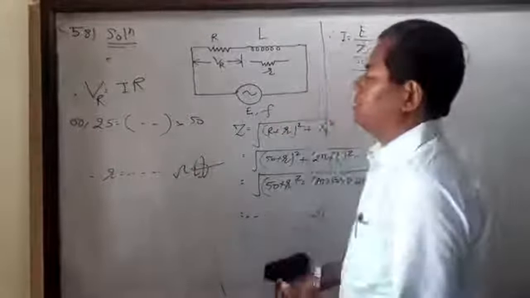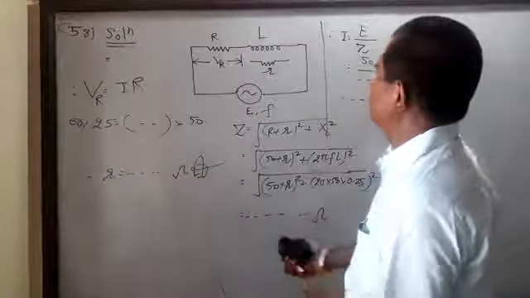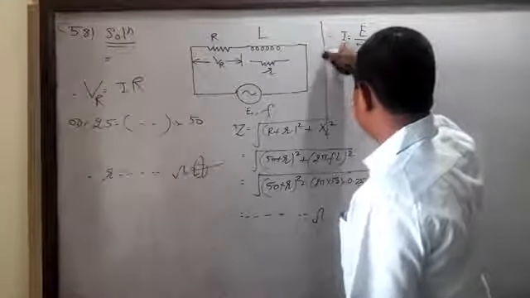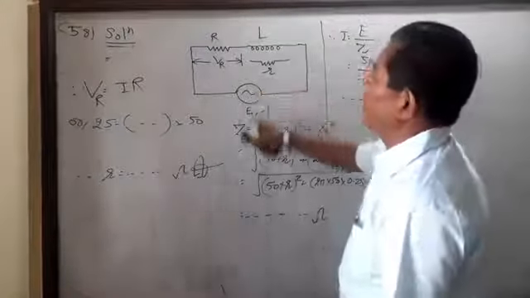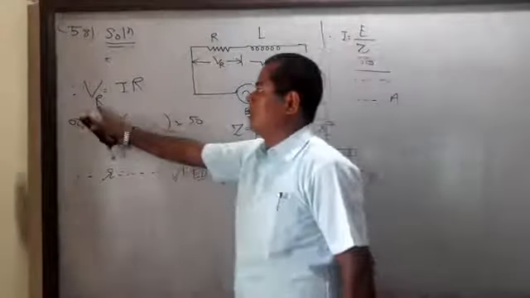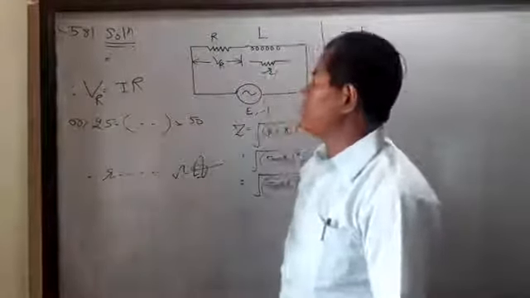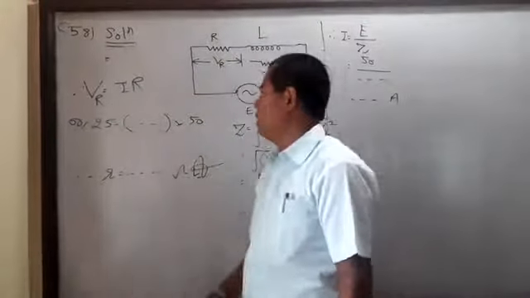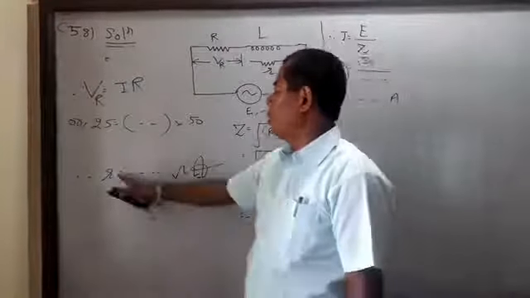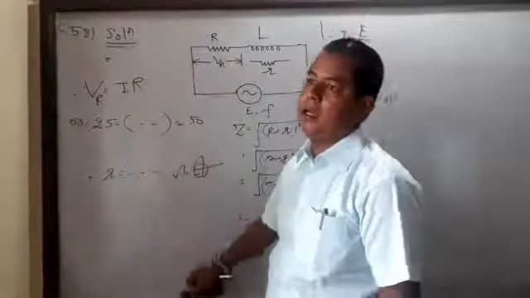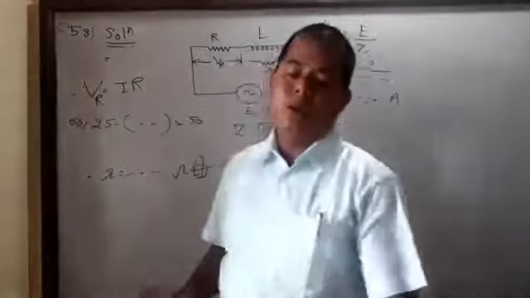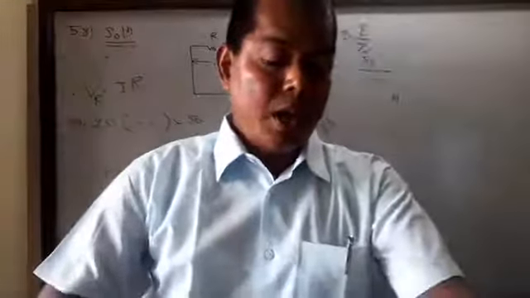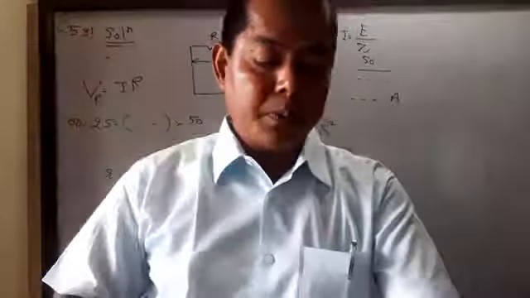About question number 58: we have the value of current in terms of internal resistance, and we use this equation, VR is equal to I into R, where R has value 50 and VR has 25. Then solve this equation and find the value of the internal resistance of the wire. This is about this much only. Question number 58. Now another question for you.